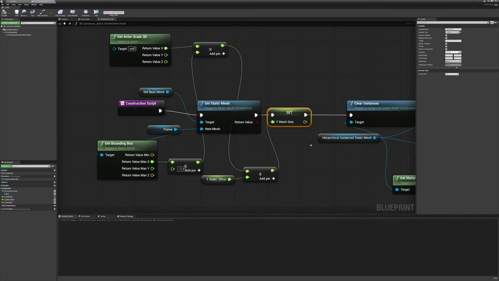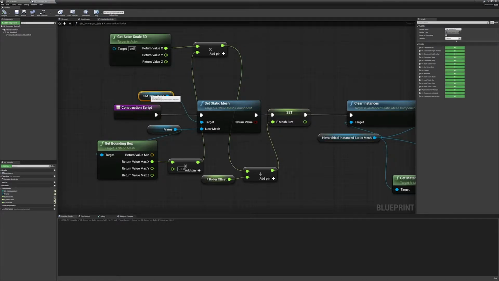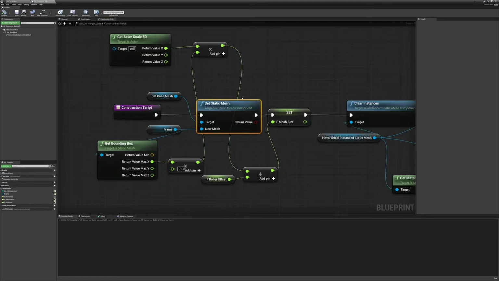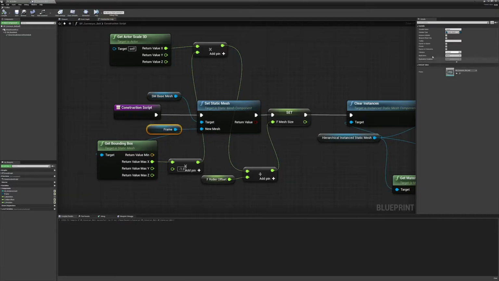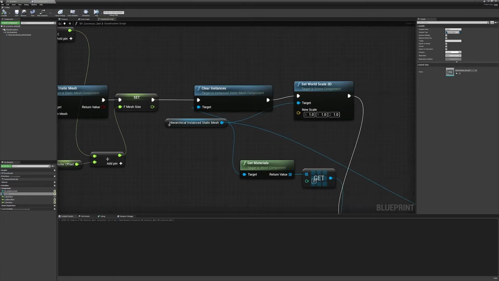From this variable, we'll deal with that later, but we subtract the instances so that each instance is at a different place. We're setting the base mesh, by the way, to the mesh that I exposed here. So I just added a variable called picked static mesh, and I'm manually setting that with the exposed